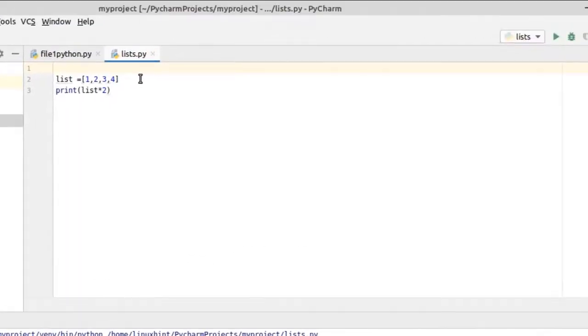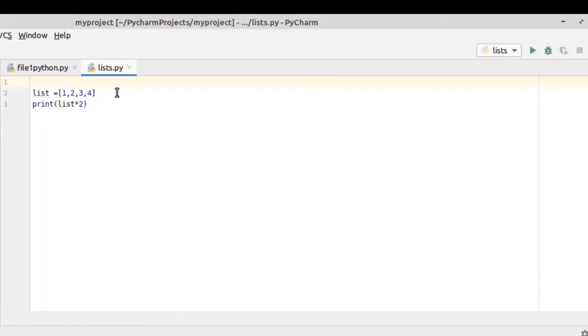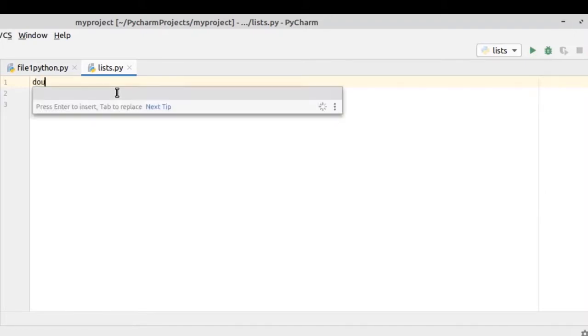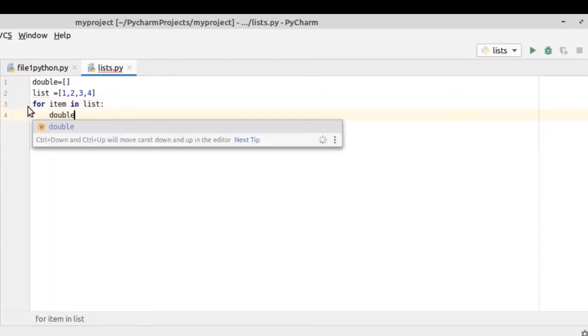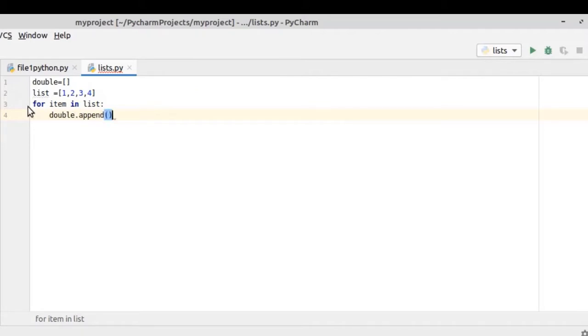Now let's multiply each item by 2 and store it into another list by using the for loop. So declare a new list here and let me name it double. And declare a for loop here: for item in list. The item is the variable here and it could be X or Y or whatever you want to declare. double.append(item * 2)